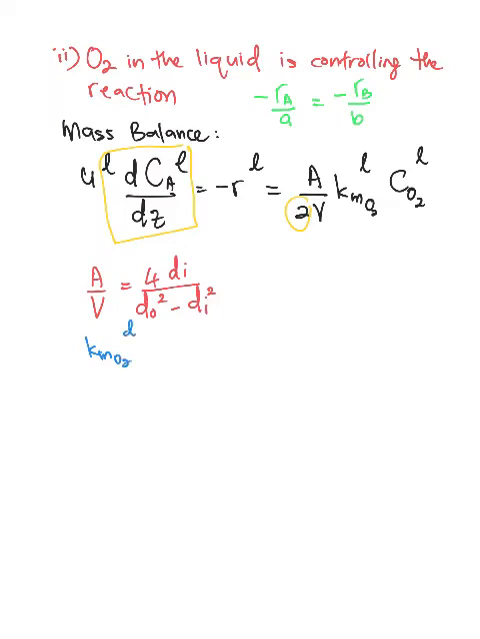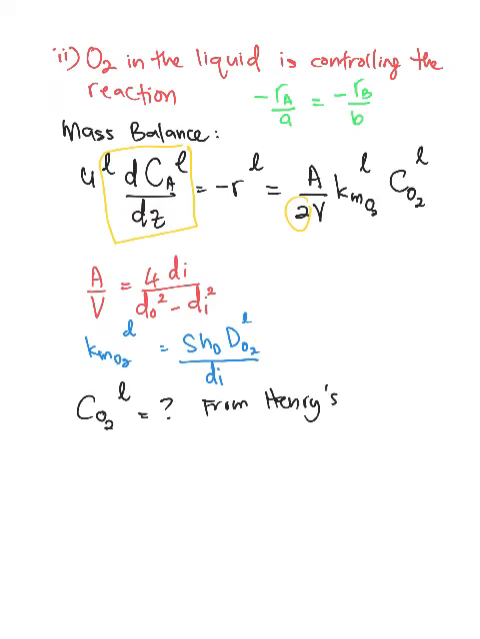And then KM O2 in liquid phase is also the same. Sherwood number 8 over 3, diffusivity of oxygen still the same, divided by DI. And then for the concentration of oxygen in liquid phase, you need to calculate it by using Henry's law equation. So CO2 in liquid phase equals what? Okay, from